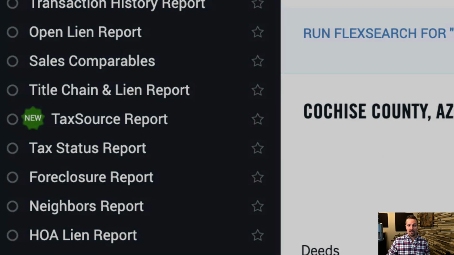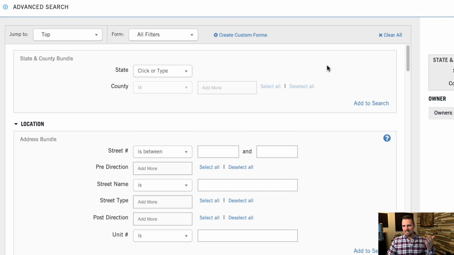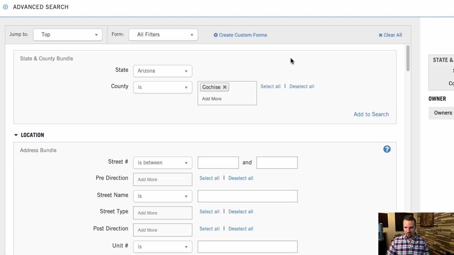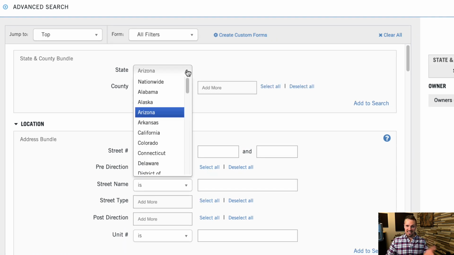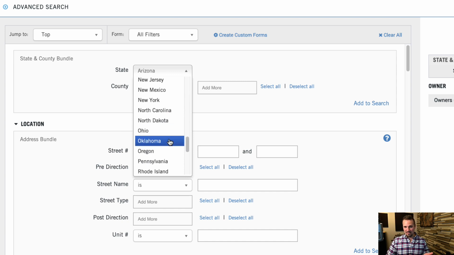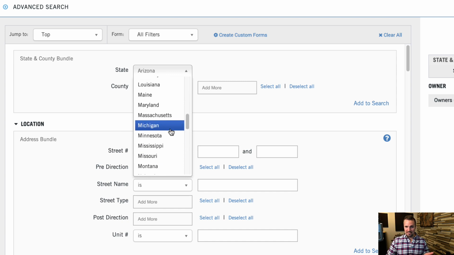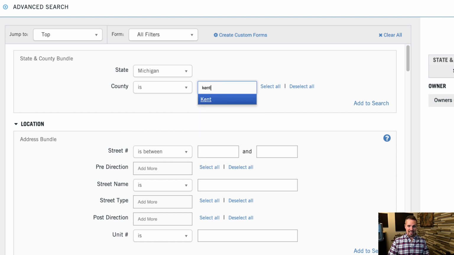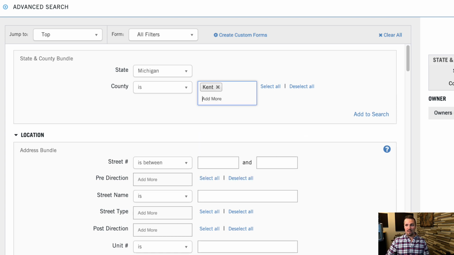And one other thing I wanted to show you, so how do we know when this information is not available? How do we know when it's not in the system or we can't trust it? Well, I actually tried this out in the county where I live, in Kent County, Michigan, and found that to be the case, and I want to show you how I found that to be the case.